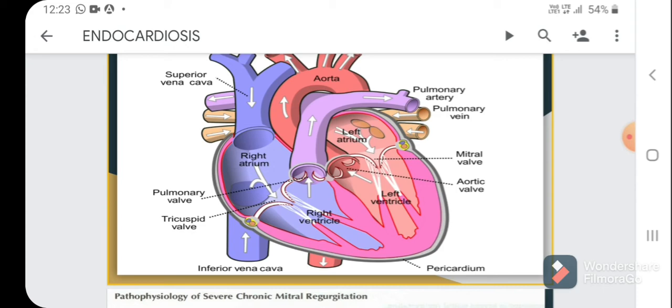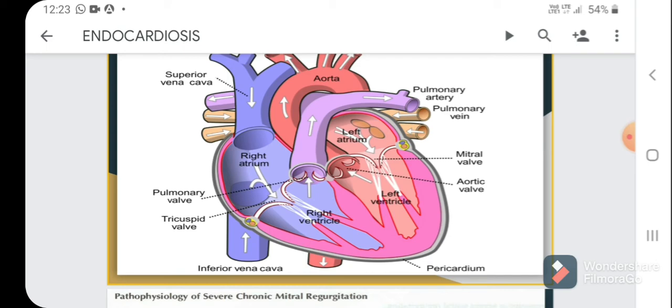Then what happens in the left ventricle? On the left side, if the mitral valve is affected, then it causes volume overload in the left atrium and over time dilatation of the left atrium, and increased pressure in the left atrium hinders the oxygenated blood coming from the pulmonary vein, and slowly blood starts to stay back, which manifests as pulmonary edema, and symptoms like coughing and gagging